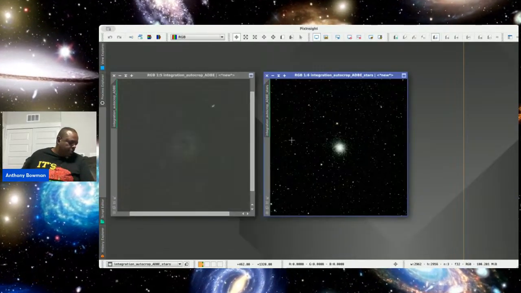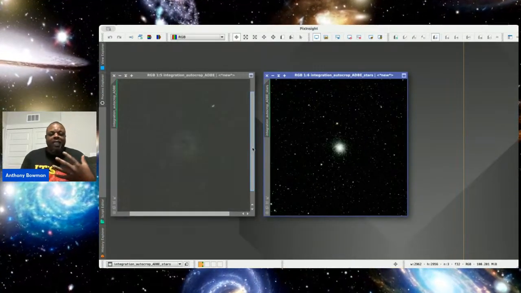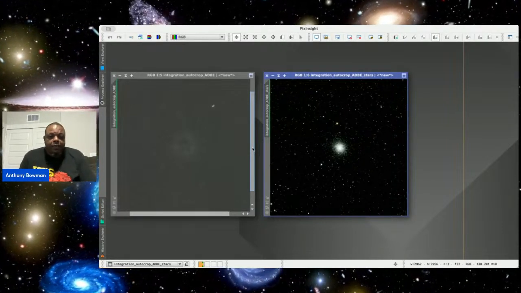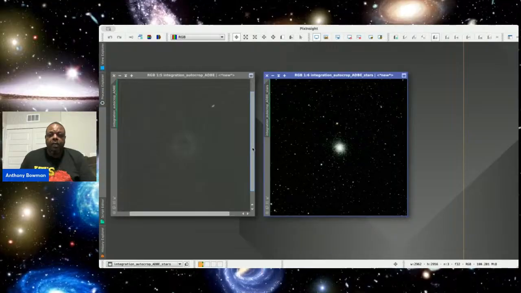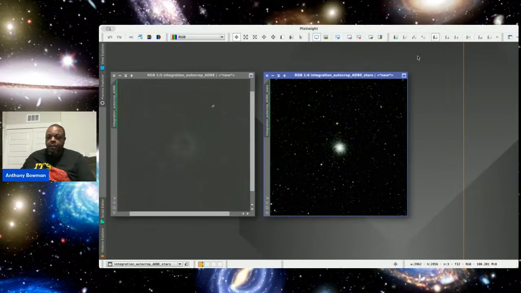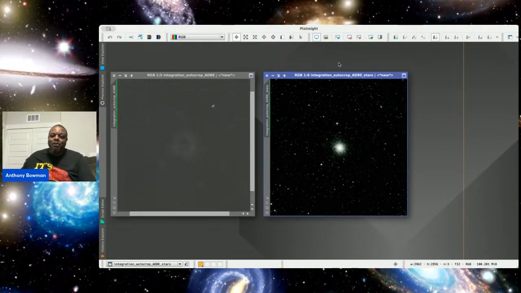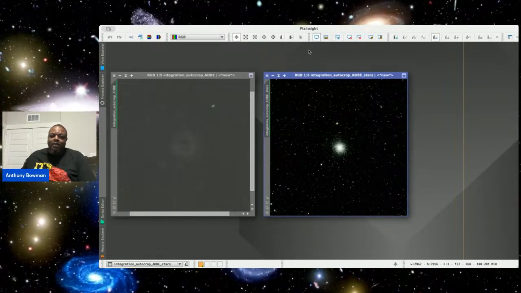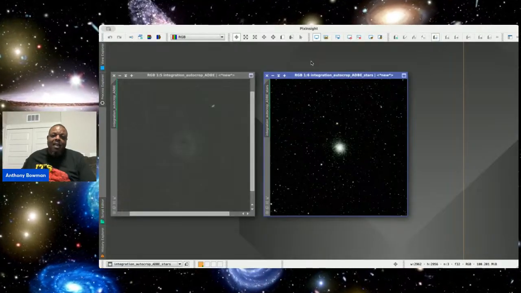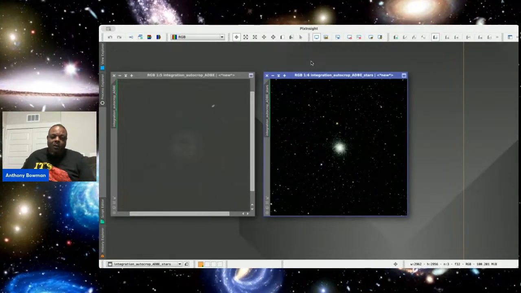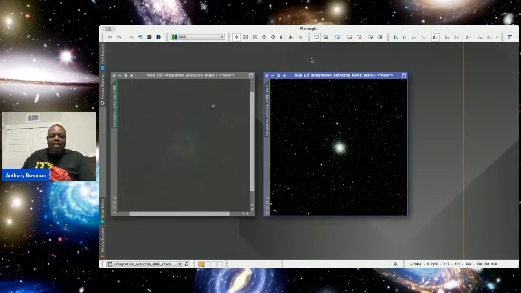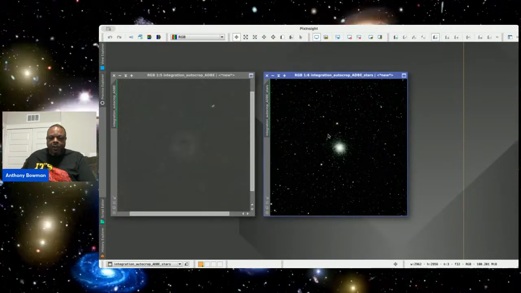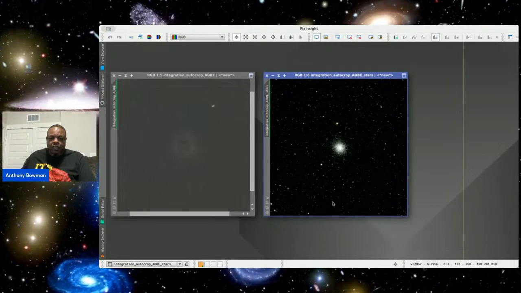I'll stretch it so that I can transfer it and you get a real picture. If I was to transfer it now, it's just going to be a dark screen. So you want to stretch them. That's the terminology that's used. I don't know where it comes from or the history of it or whatever the process is. All I know is it goes from a dark picture to what you can actually visually see. So we'll stretch it now. So I go into another program that's called Star Stretch.